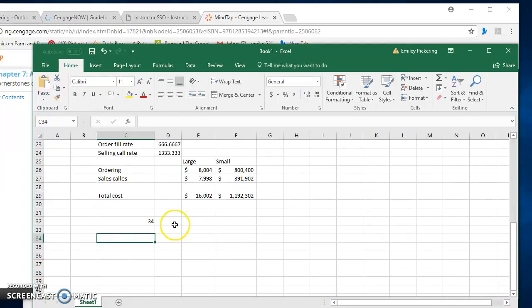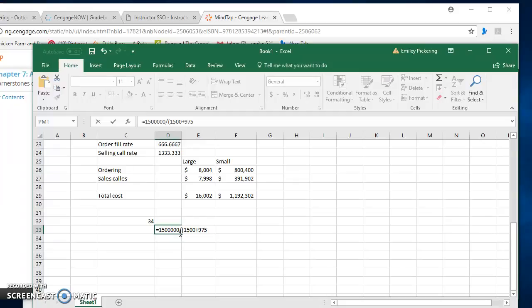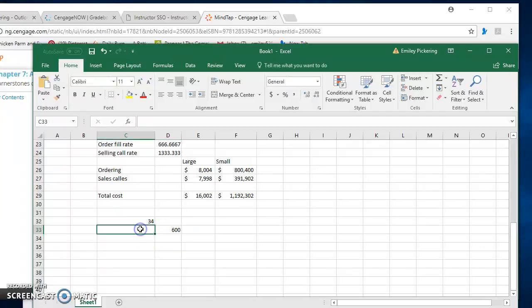So to do that, again, we're going to add the total cost of the failed test first, which is 1,500,000. And we're going to divide that by the total number of failed tests, which is 1,500 plus 975 plus 13 plus 12. Okay. So it costs us $600 per failed test. For the reorder,